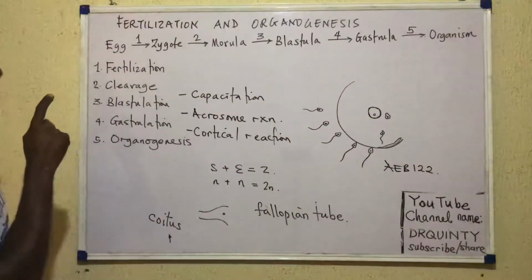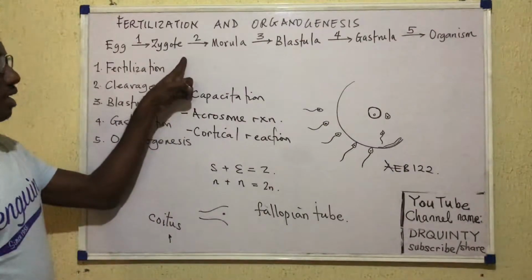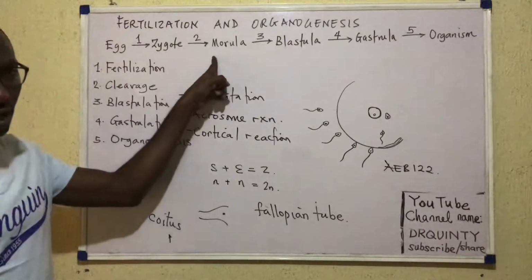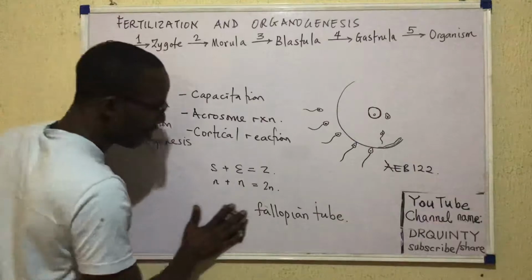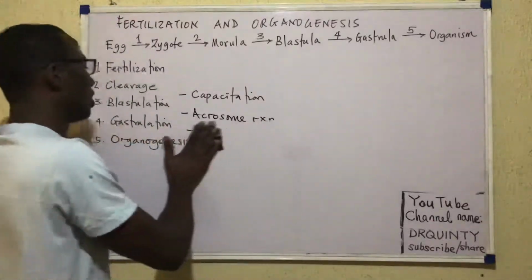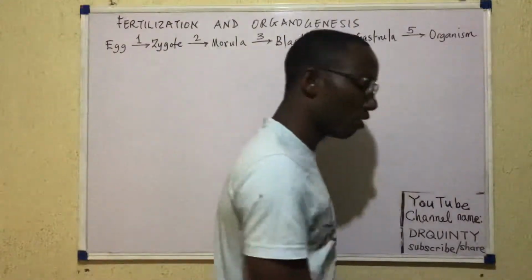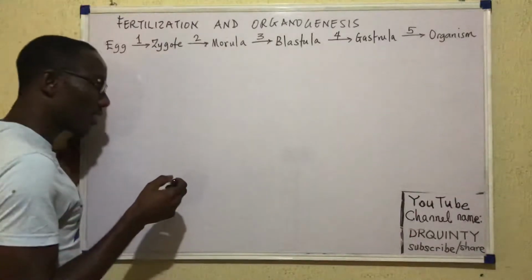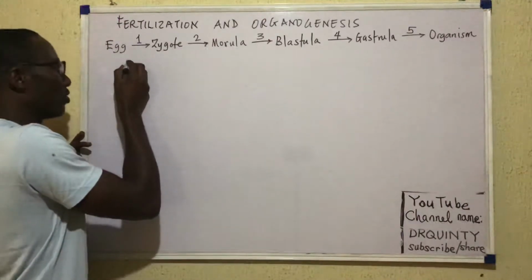Now moving on to the second process, which is called cleavage. Cleavage, from what we're seeing here, means the conversion of a zygote into a morula. Now, cleavage is a type of cell division. Just as you have meiosis and mitosis, there's also what is called cleavage. Like I already said, it is a type of cell division, but it differs from meiosis and mitosis in that,